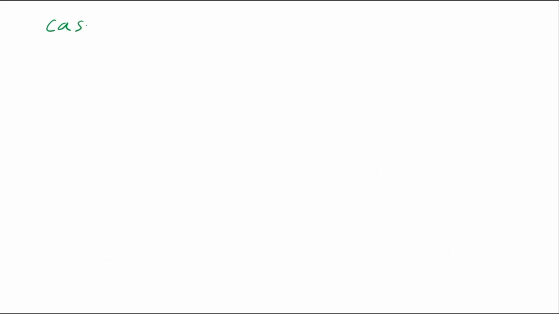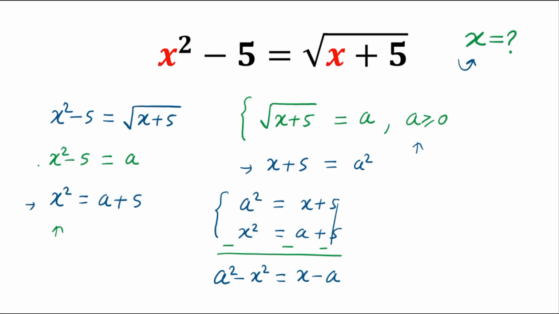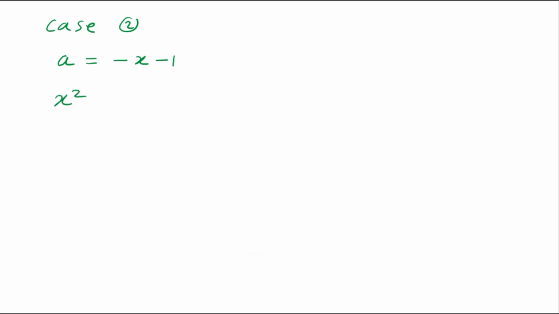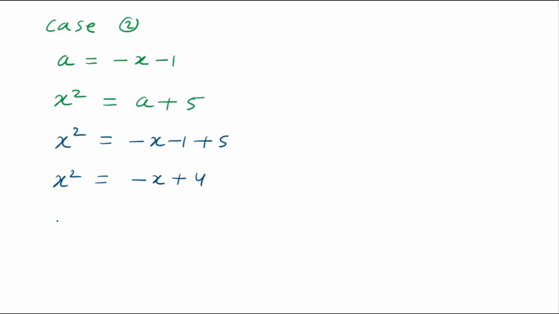Case second is a is equal to −x − 1. And here x² is equal to a + 5. Then x² is equal to the value of a, which is −x − 1, plus 5. x² is equal to −x − 1 + 5, which is +4. Now if we take all the expressions to the same side, then x² + x − 4